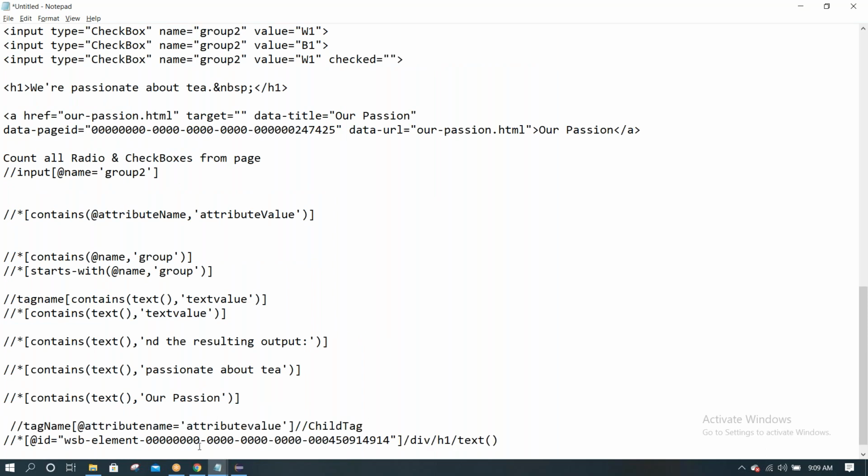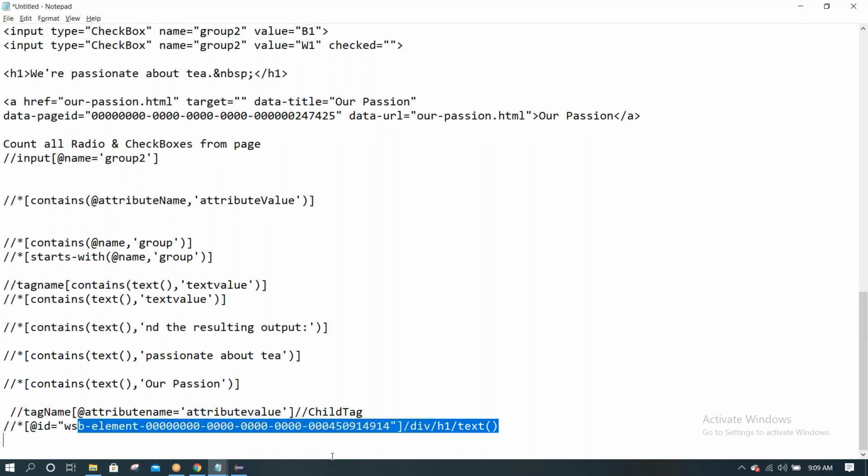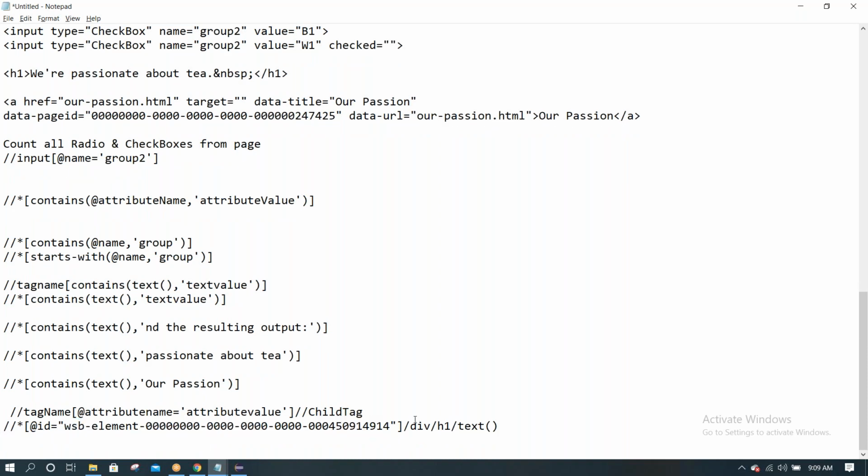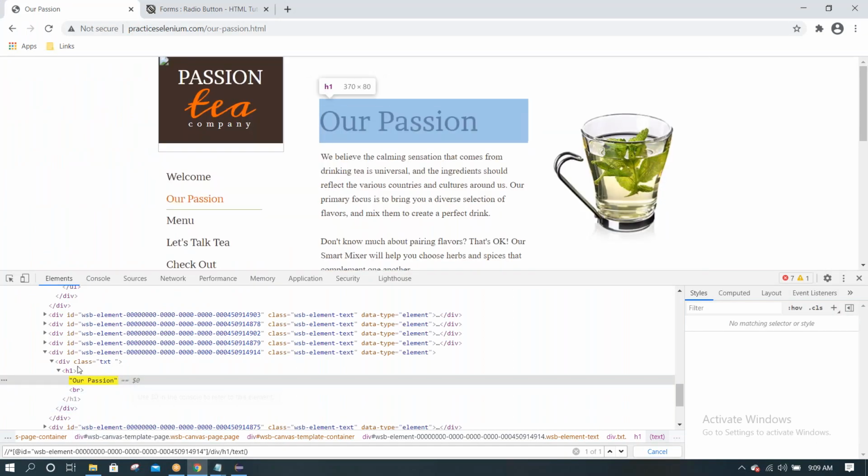Attribute name ID, attribute value is this much lengthy, and child tags /div /h1 /text. This is the ID, then /div, /h1/text. ID this one, div h1, and then /text.